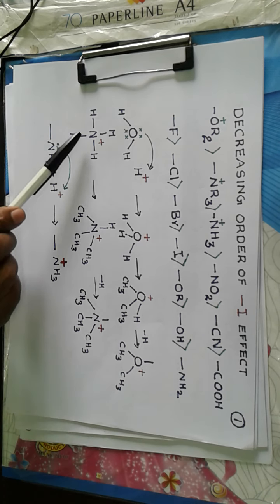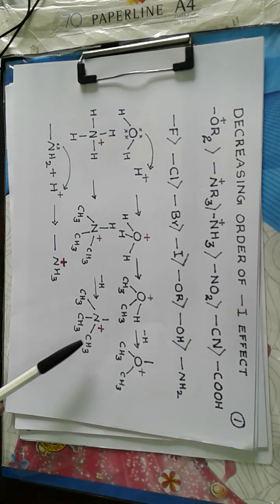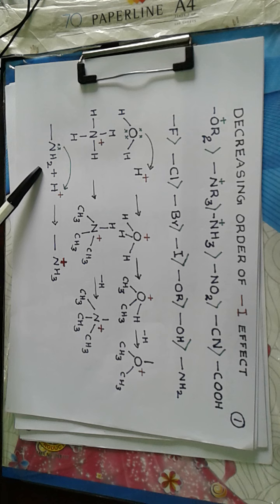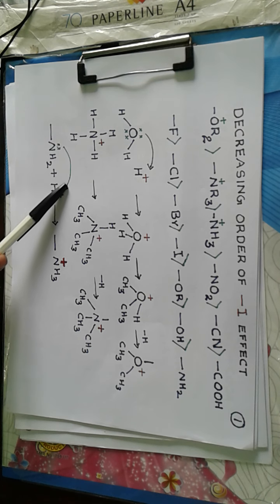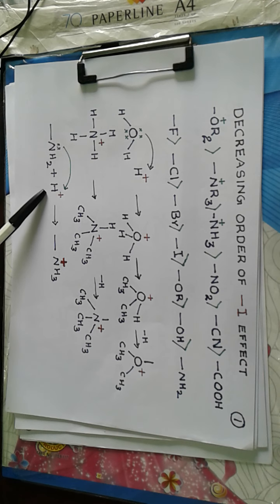Now ammonium ion we know, NH4 positive. You replace three H atoms by three methyl groups, that is three alkyl groups. Then there is a bond H. You remove the H atom and you get a valency there, and it is trimethyl ammonium ion. Now NH3 positive is obtained when an amino group combines with H positive. The lone pair of nitrogen is given to the vacant s orbital of hydrogen, that is H positive, and we get ammonium group.